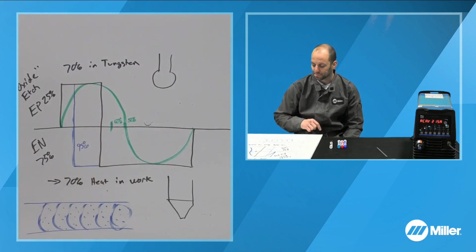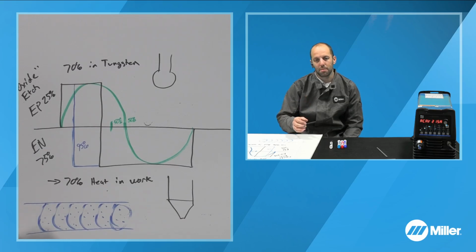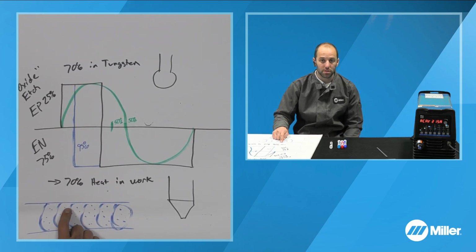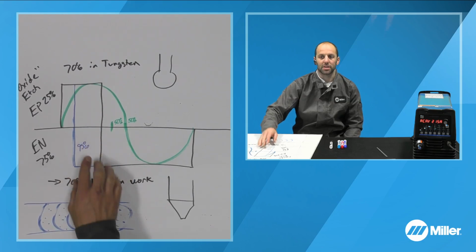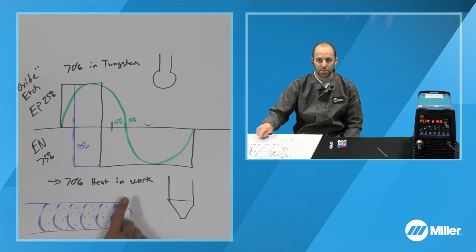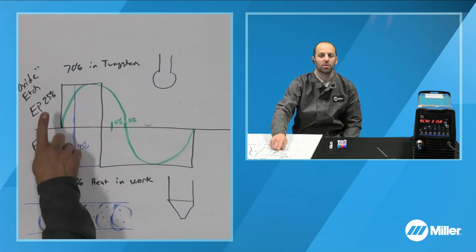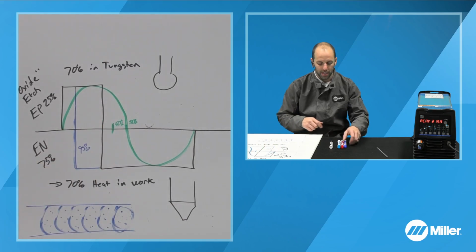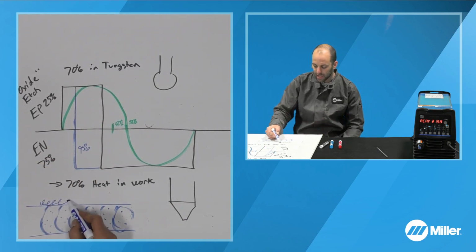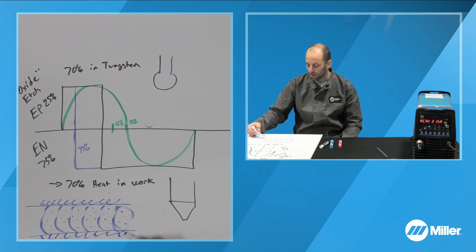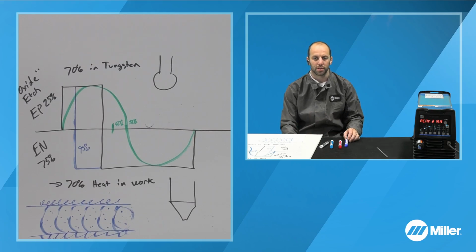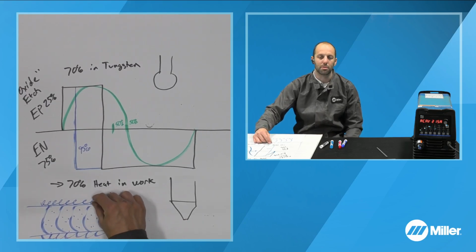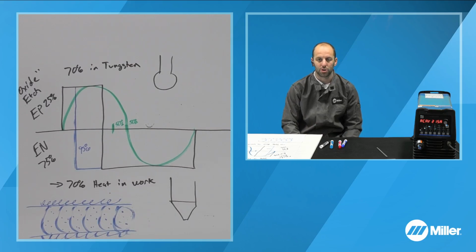So one of the questions that came in was asking, if I have peppering, what do I do? If we have peppering in the welds, we don't want to turn the balance setting up, because that's giving us more electrode negative, which is heat in the work, and less oxide removal. We need to turn our balance setting down, which increases the amount of time in electrode positive, and that's going to give us more of that kind of hazy etching zone along the edges of the weld, which in most codes and specifications is required to have some of the etching zone visible on either side. Some of them actually call out a minimum measurement that you have to have at the toes of your welds